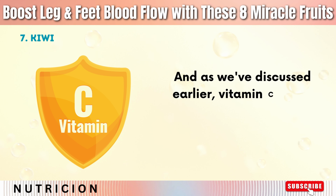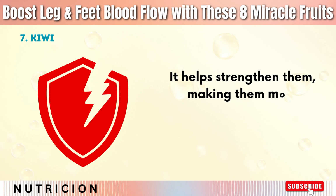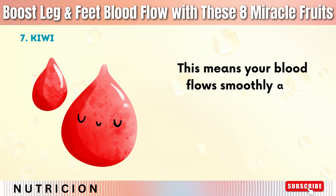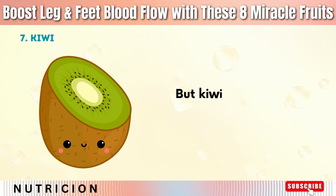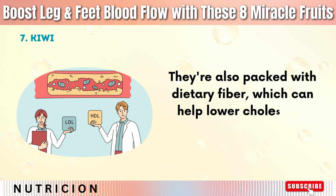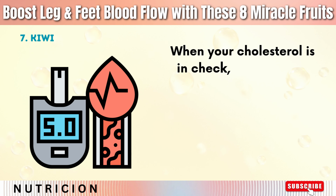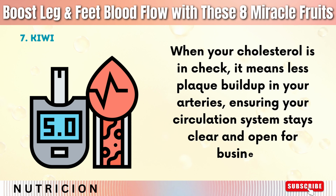And as we've discussed earlier, vitamin C is like a best friend to your blood vessels. It helps strengthen them, making them more elastic and less prone to damage. This means your blood flows smoothly and efficiently, which is fantastic for your legs and feet. But kiwis have another trick up their sleeve. They're also packed with dietary fiber, which can help lower cholesterol levels in your blood. When your cholesterol is in check, it means less plaque buildup in your arteries, ensuring your circulation system stays clear